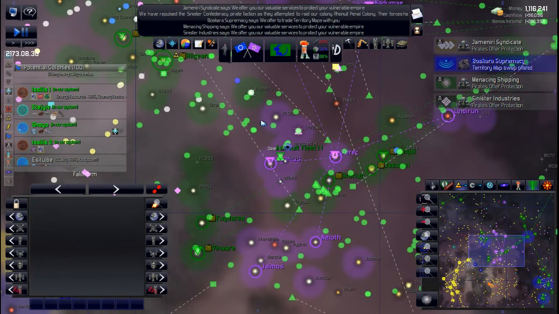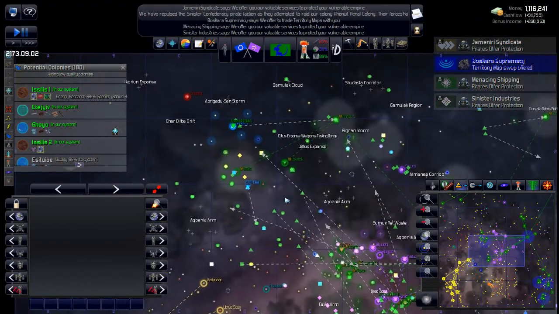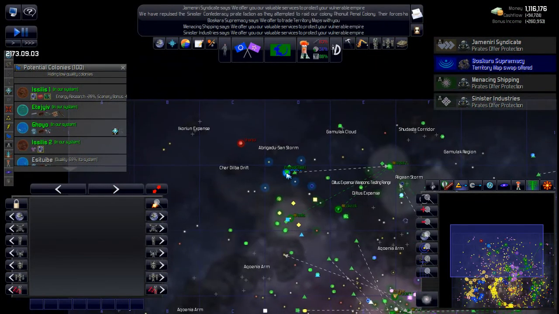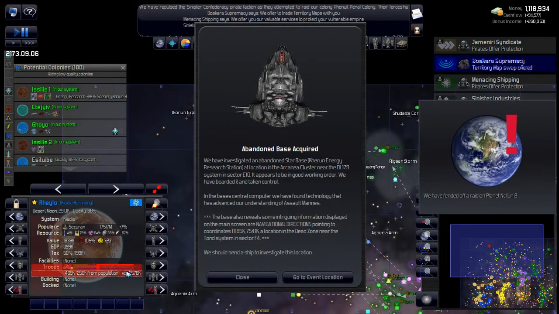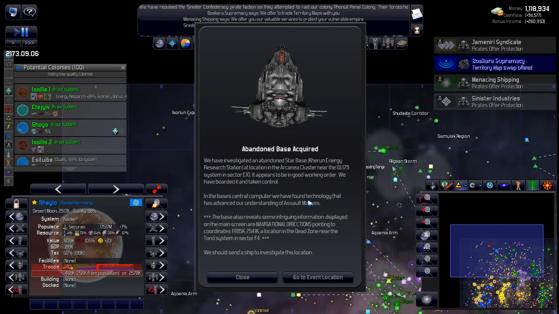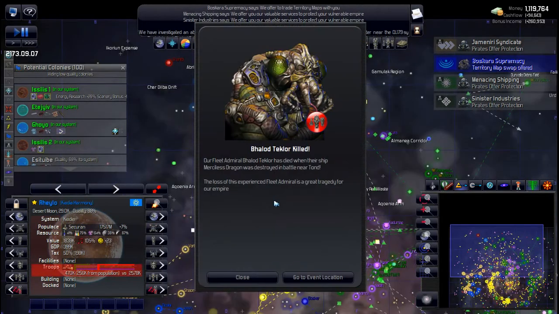Okay, yeah. What I was thinking, I should have known that already. Okay, no big deal, I guess. Just have to repair and rebuild that fleet a bit. Abandoned base acquired. The computer, understanding of assault marines. Cool. And they're pointing to the dead zone again, so that's definitely the next trigger in the story events. But,